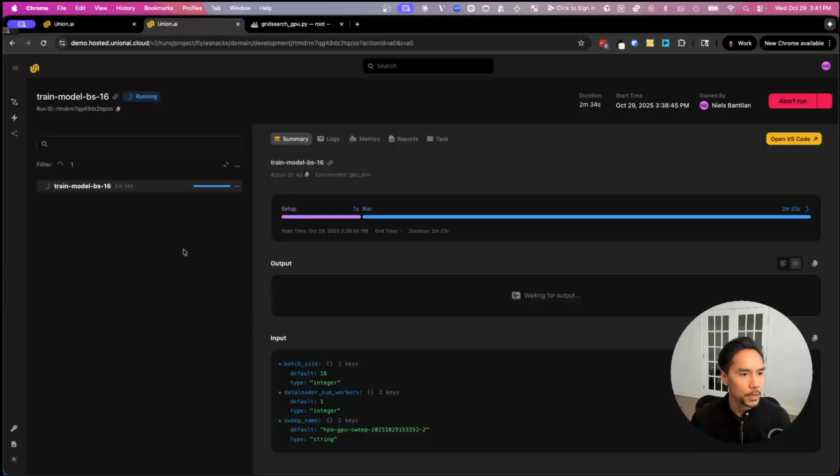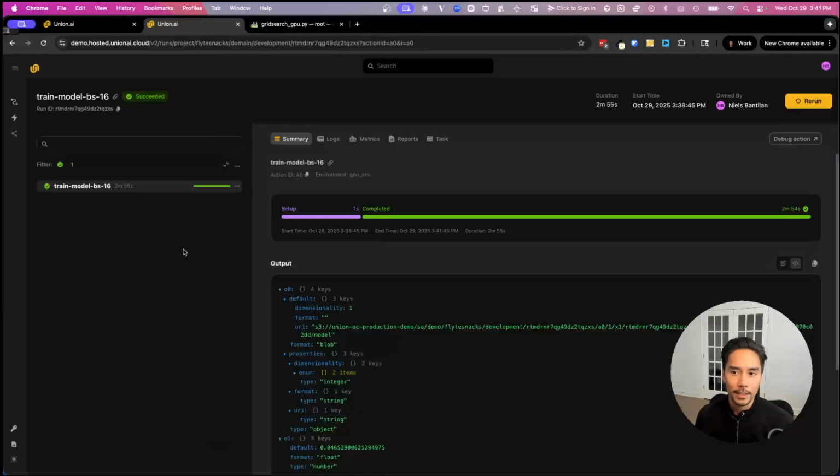While we wait for this to complete, the last thing I'll mention is that Flyte does support fully on-prem deployments. We are actively working with partners who are deploying Flyte on their cloud on-prem. We're also actively working with customers who have similar on-prem deployments. And yeah, with that,